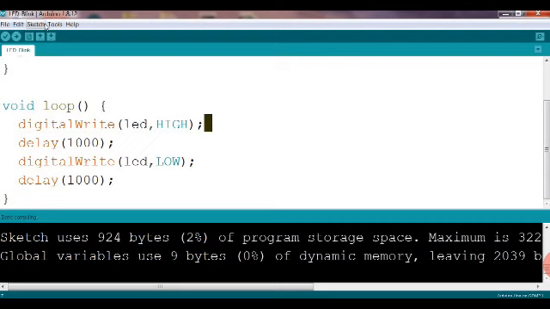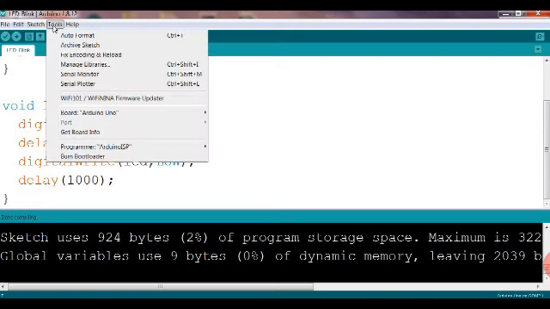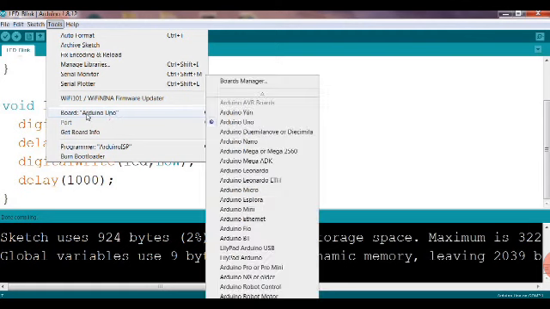Now after the program is done, we have to go for uploading, meaning this software must be uploaded. And before we upload it to the hardware, that is the Arduino board, we go to Tools and we have to make the selection. So very first you have to go for the board, and you can see the different types of Arduino boards we have. Which Arduino we are going to use has to be selected here. It is automatically selected as Arduino Uno, but if you have Arduino Nano, Mega, or a different type of Arduino, you must select that one.